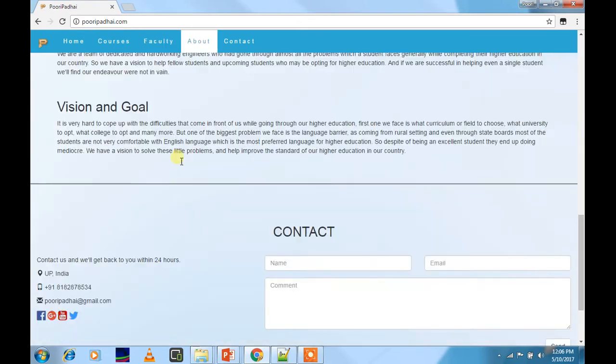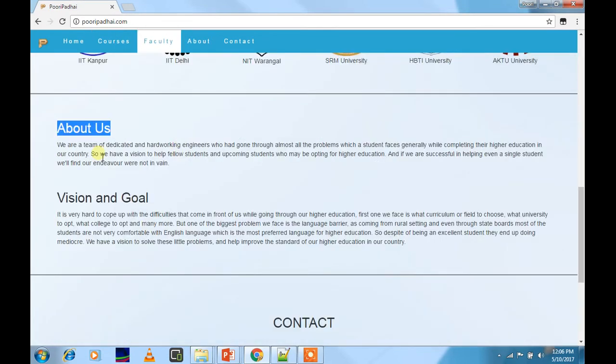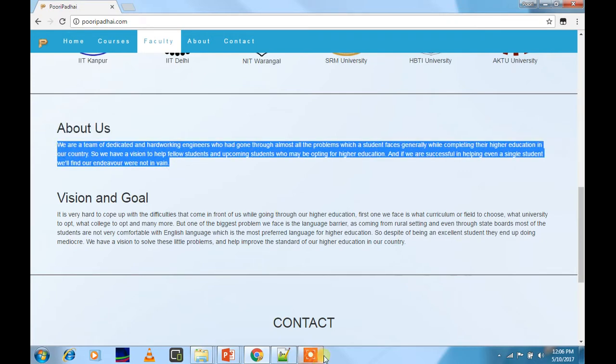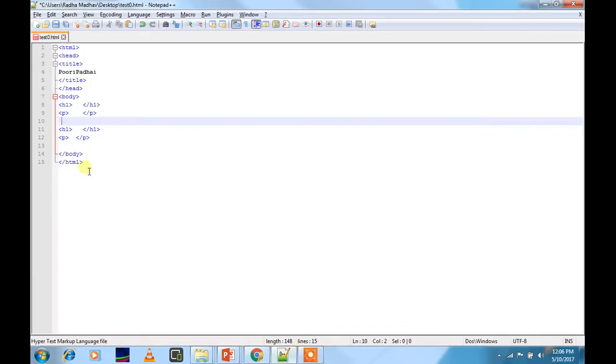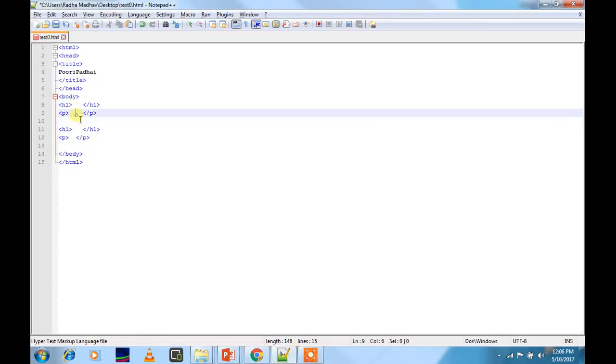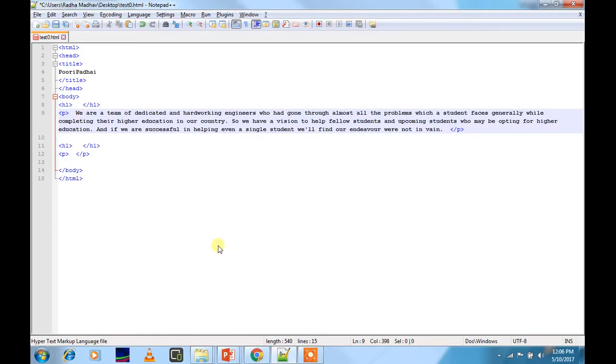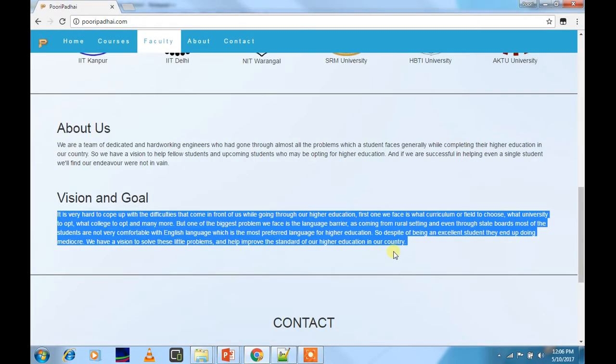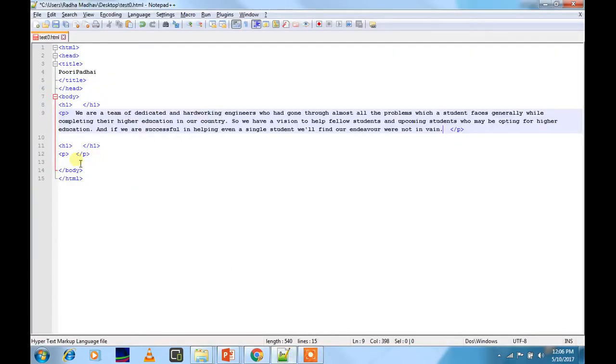Now we will try to recreate this whole section about us and vision and goal with the HR lines. For this we have to just copy this and paste it in a particular code. The code I have already written. I will show you over here, and we'll go back again and copy the vision and goal, and paste it over here.